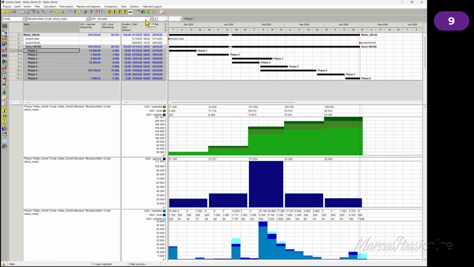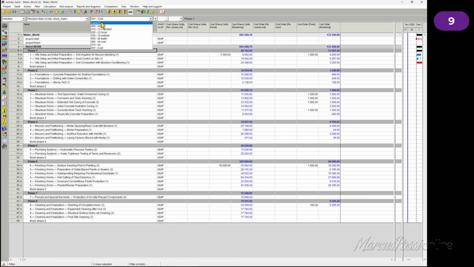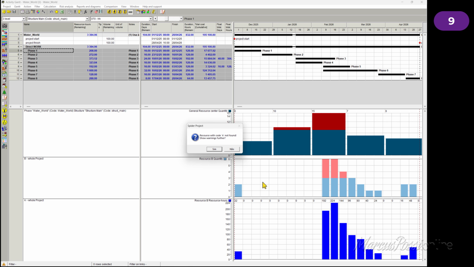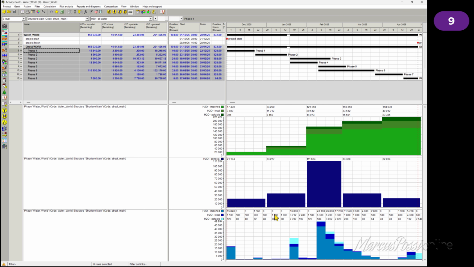And the reddish, oh my God, I think I lost the layout. The red columns we had for work, for people and laborers, I lost it. Oh, I have it here. The reddish information we have in resource histograms. We will have it for materials too, but you have to inform when water came in,